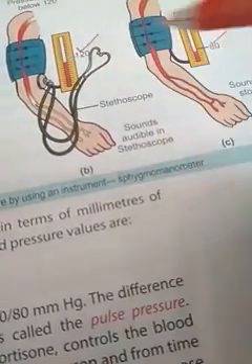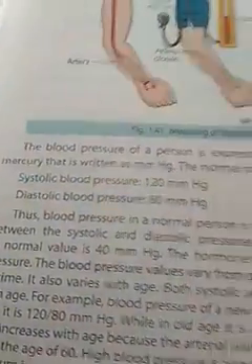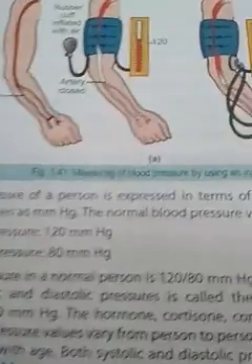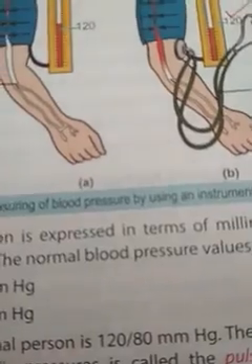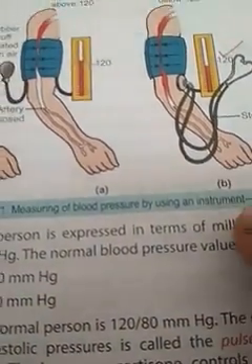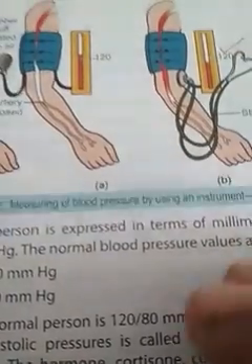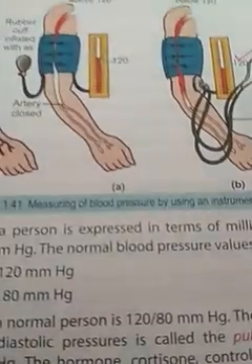So systolic and diastolic pressure form the blood pressure of a human. One is the contraction of the heart and the other is the relaxation of the heart. Systole is the contraction of the ventricle and diastole is the relaxation of the atrium, which produces the lub-dub sound by the closing and opening of the different heart valves.